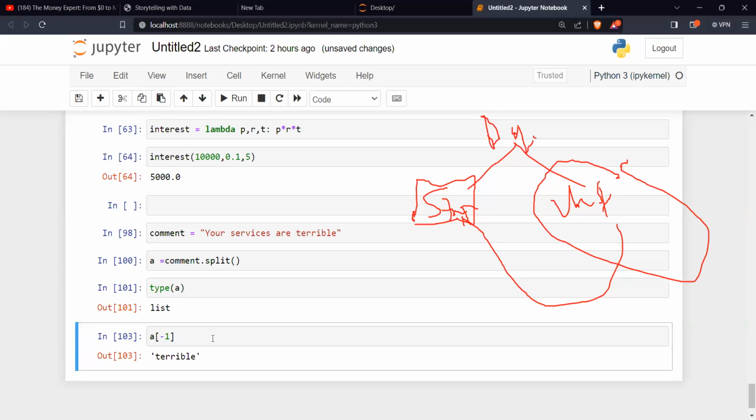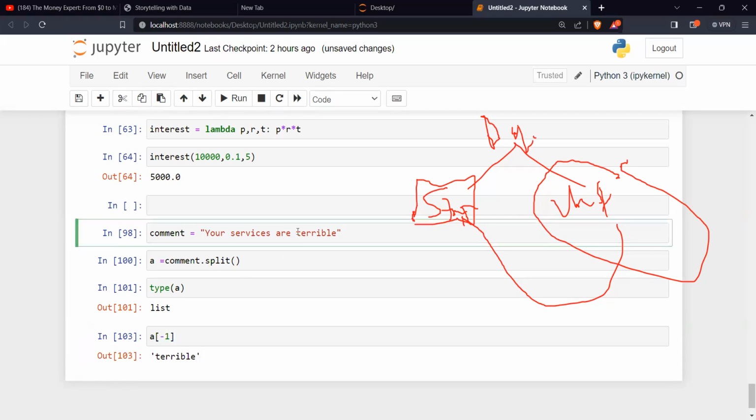So it means that every time I see a particular word, I need to slice it out, pick it out. And from there, I'll create it into a column. Just imagine now, maybe your services are good, or let's say it's positive.